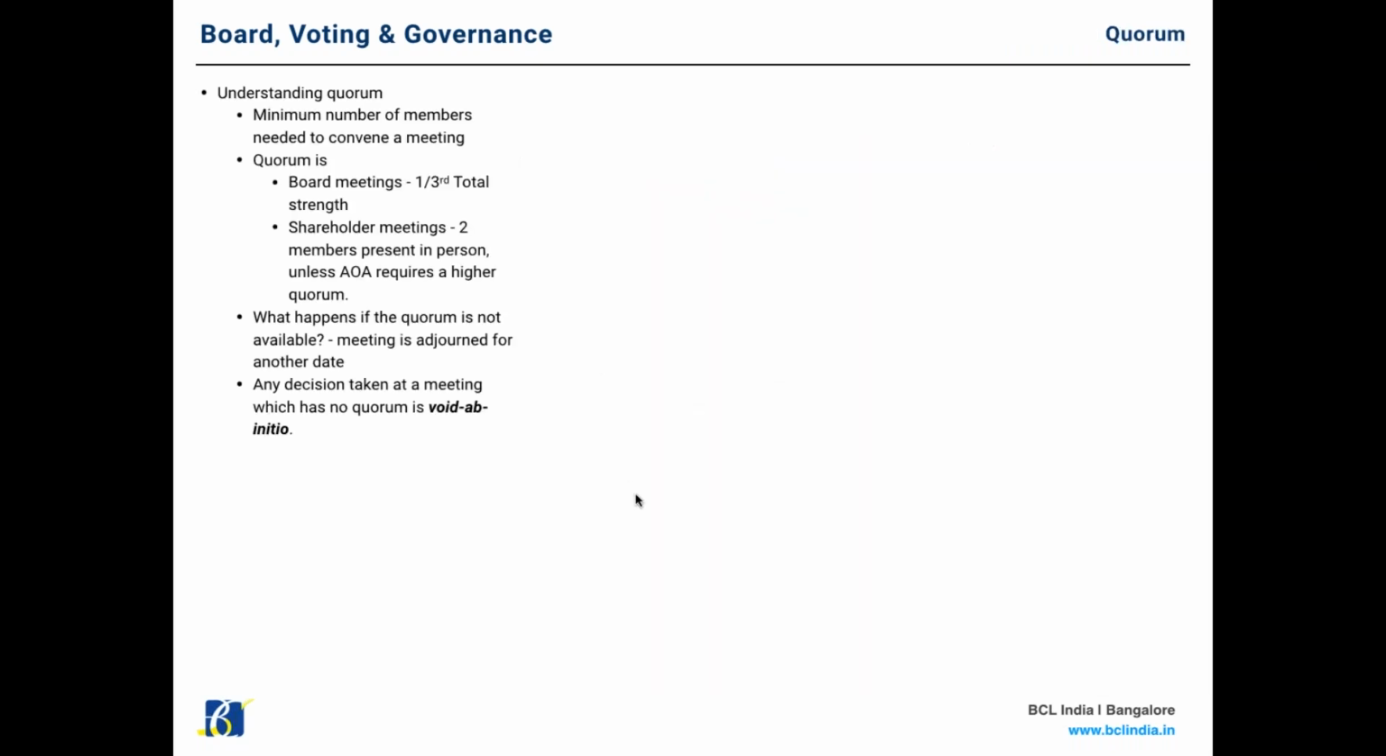Let's understand quorum. Quorum is very closely connected to affirmative voting rights. So there are two ways of approaching the right that the investor gets into decision making. Quorum basically means what is the minimum number of shareholders you should have for a meeting, and the quorum is 1/3 for board meetings and 2 members present in person for shareholder meeting. If the quorum is not present, then the meeting is adjourned to the next week, and if it is not available, then again it's adjourned, and then